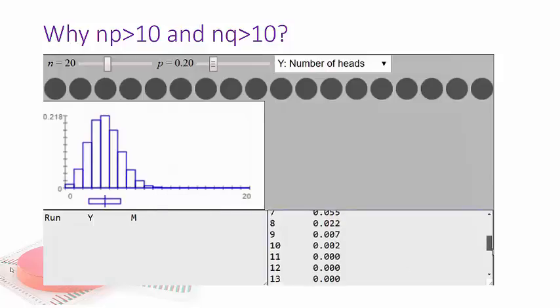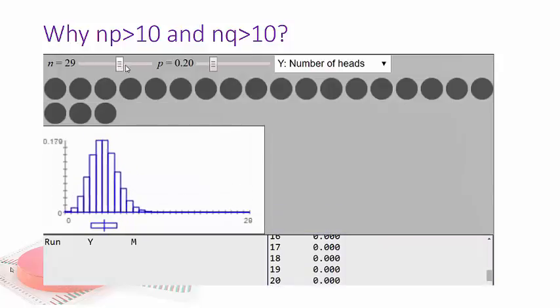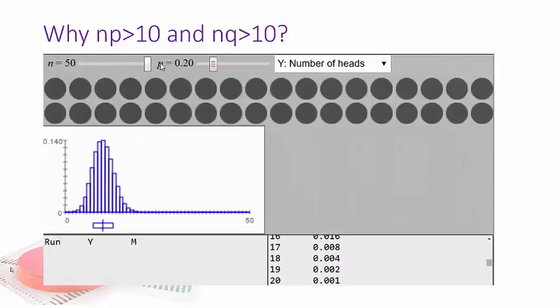Here, let me scroll down. My mean is 4, and my standard deviation is 1.8. If I multiply that by 3, that's 5.4. I still have a little bit of the tail off over here that I'm losing. So as this comes up, let me go ahead and go to 50, because when I go 50 times 0.2,